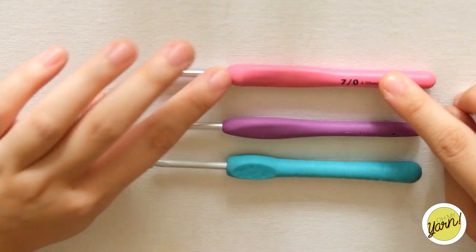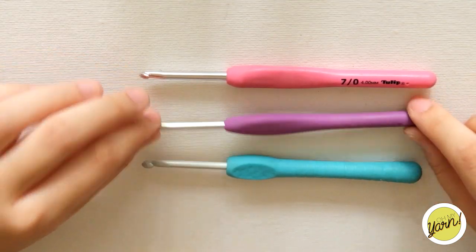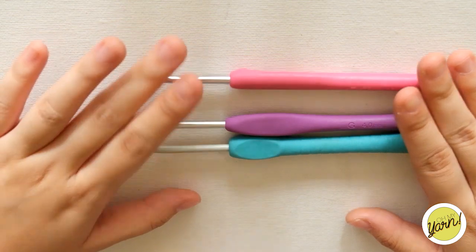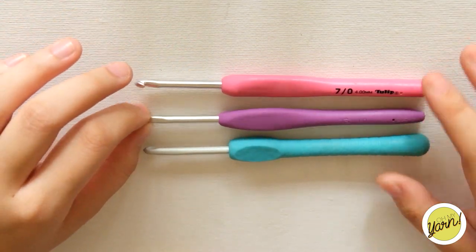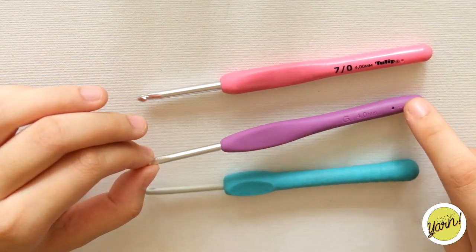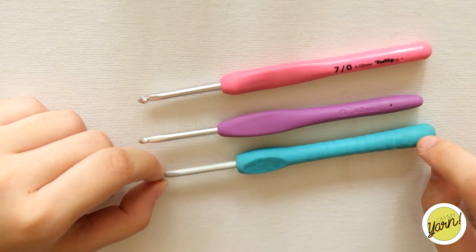I like the glide on the Tulip hooks compared to, but I feel like they're both just great in my kit. I use them both for different purposes, and that's why I have so many hooks. Depending on what project I'm doing, I use a different hook. So let's say I'm making amigurumi. For the same yarn, I would use a Clover 4.0 for amigurumi, but I'd use the Pony for like small